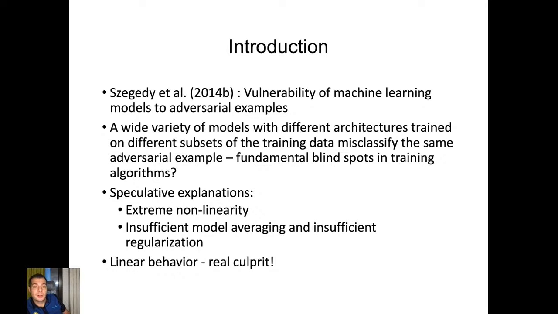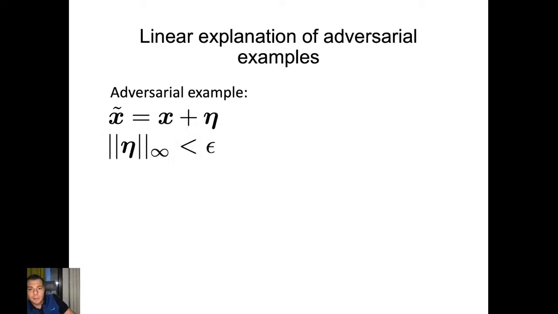It was proposed, as I mentioned earlier, with the analysis of the Lipschitz constants. If you add regularization with respect to these Lipschitz constants, you will be able to reduce or eliminate adversarial examples. And they also show that this is not the case. So the actual problem is that models behave linearly. So what do they mean by this linear explanation?